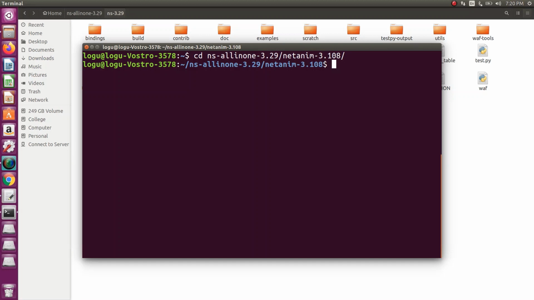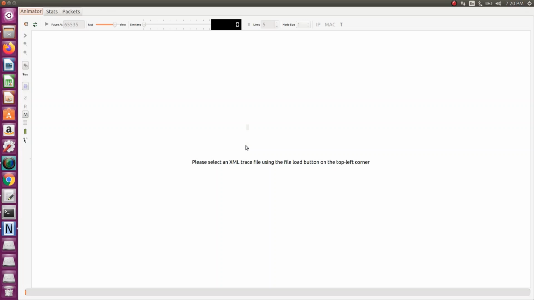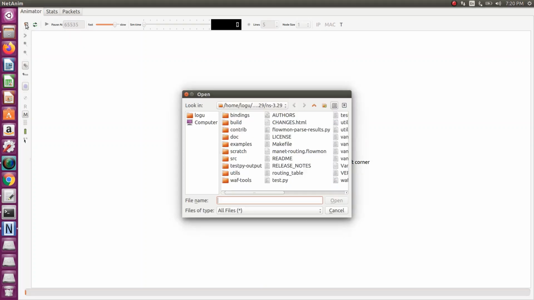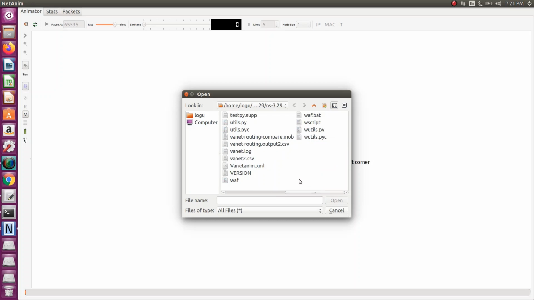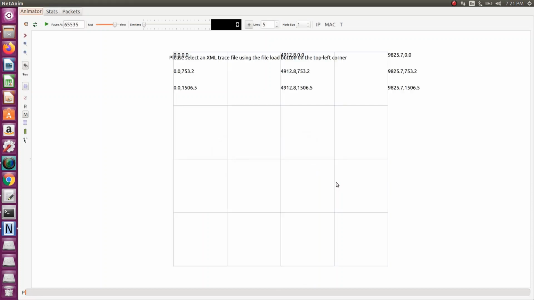So ./NetAnim. This is the NetAnim graphical window. Just open the XML trace file. So this is our VANET animation file. Okay.